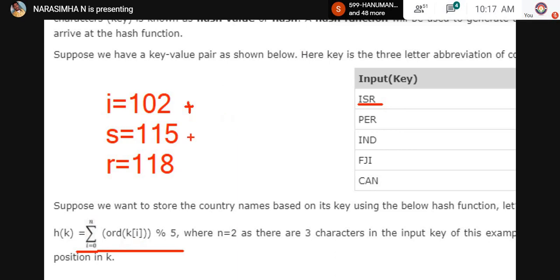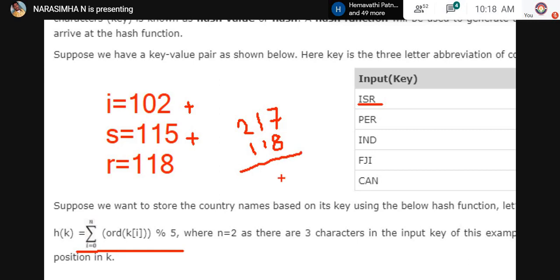These ASCII values, we are adding the values. What is the output? 102 plus 115 is 217, plus this value 118.